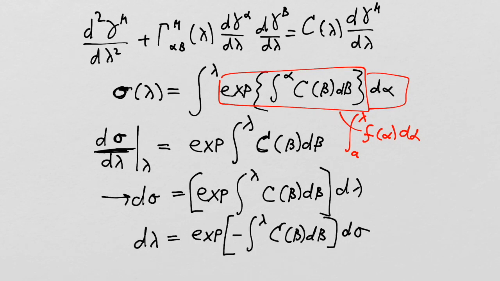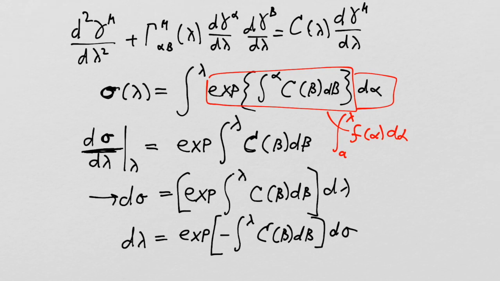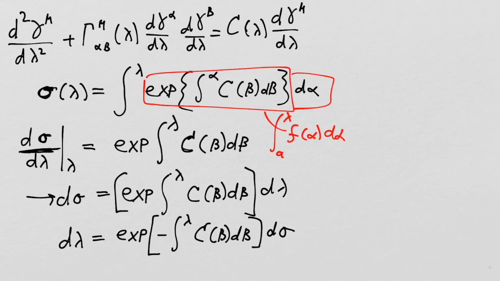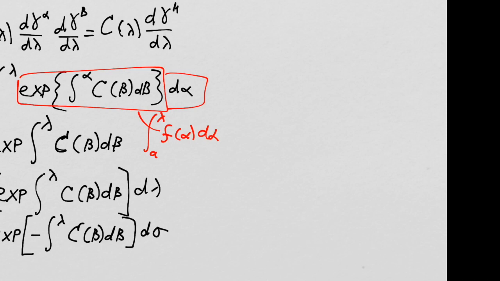Actually, the substitution I want is simply this expression which we just derived, where I divide both sides by the exponential term. That's where this negative sign comes from. Now I have d lambda, which I can literally substitute for each of these expressions up here. Let's execute that substitution. We will begin by substituting into this first part of the expression, the second derivative part, and we will write that as